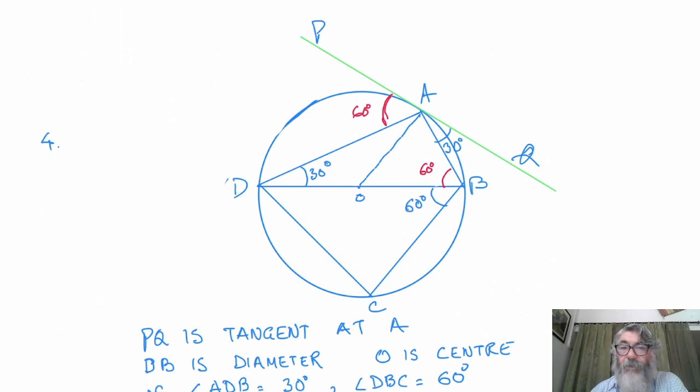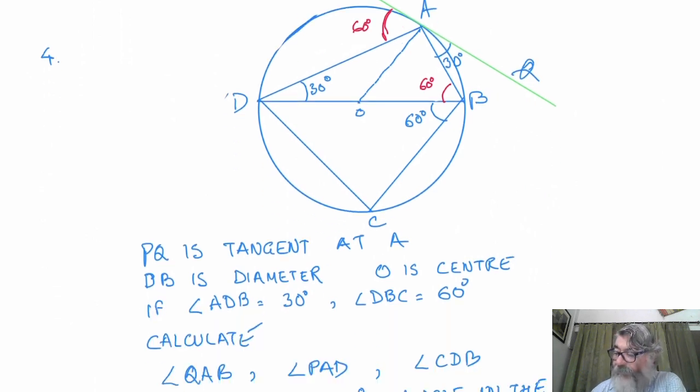At the point of contact, the angle between the tangent and the chord AD is PAD. PAD will be equal to the angle in the alternate segment. On the AD, the angle made is DBA or ABD, which was 60 degree. If it is 60 degree, the angle between the chord and tangent will be PAD, which is 60 degree. So we have got PAD also.